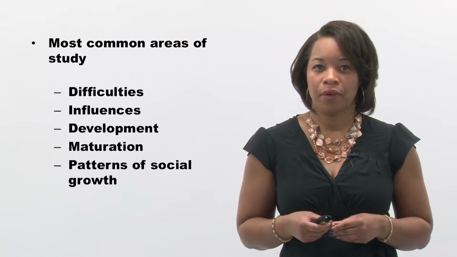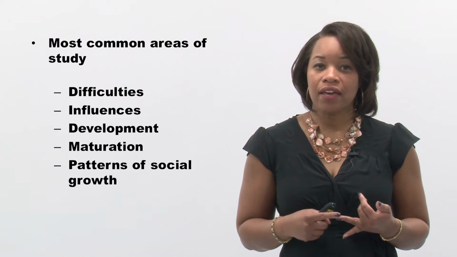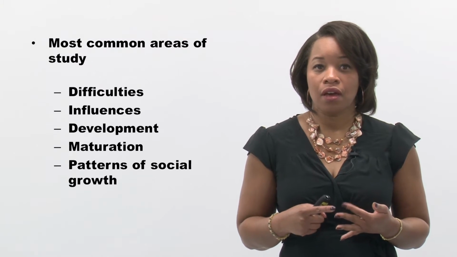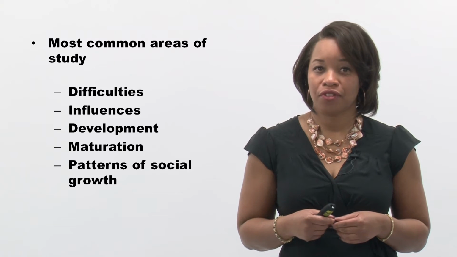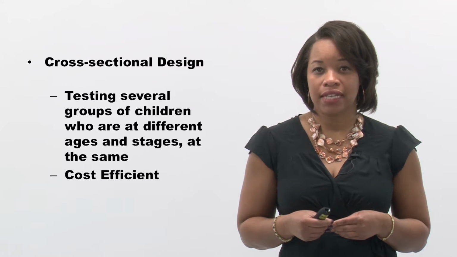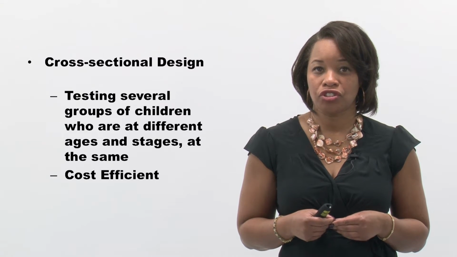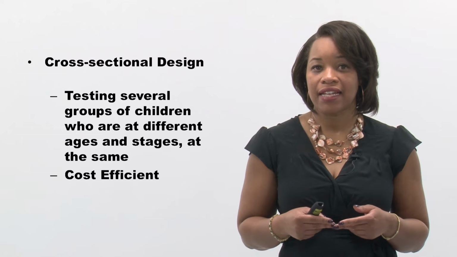Research in child development mostly covers difficulties that students are having in school, influences, development, maturation, and patterns of growth. In a cross-sectional design of research, first, it's testing several groups of children who are at different ages and stages